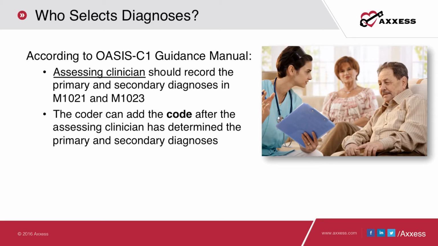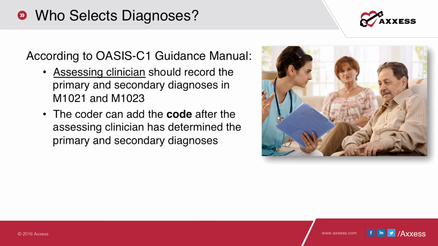According to the OASIS C1 guidance manual, the assessing clinician should be the person who records the primary and secondary diagnosis in M1021 and M1023 on the OASIS. That doesn't mean that they have to put the actual ICD-10-CM code, but they should be putting the code title or what parts of the code title they know to help the coder understand what disease process is the most primary acuity or the primary reason for home care, and then sequence the others according to acuity. Once that is done, the coder can then add the code